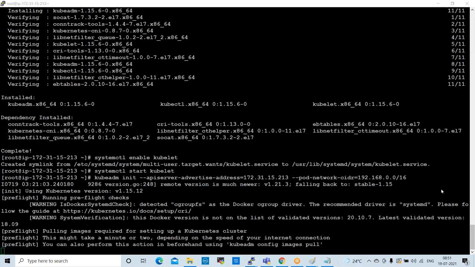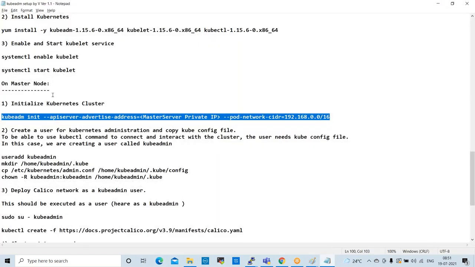These commands are applicable to all the environments. Yes, in whichever environment you do this, these commands are required. Any environment. Okay, if you use kubeadm, all these commands are required. So this command we need to execute on only master, right?